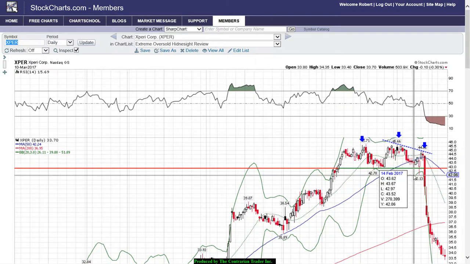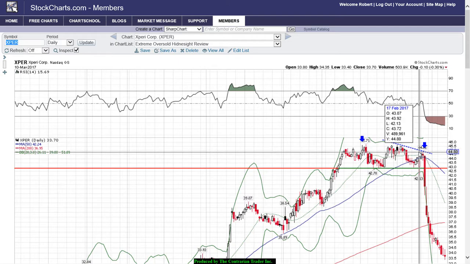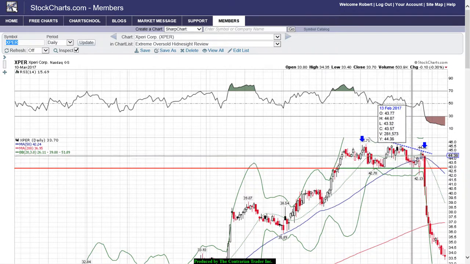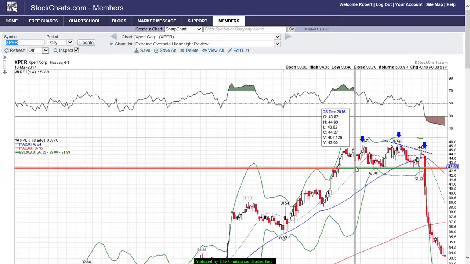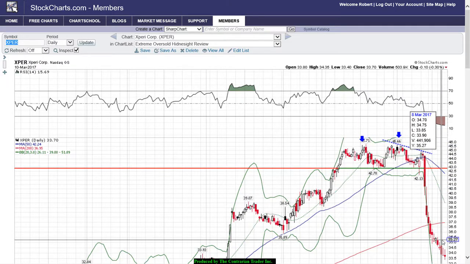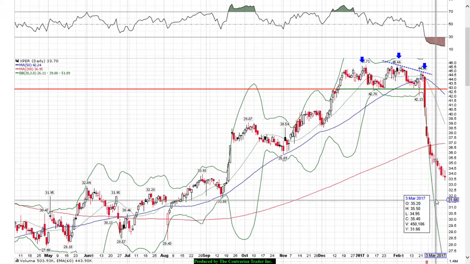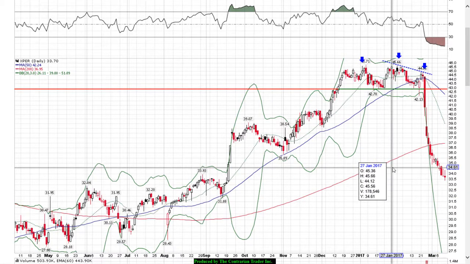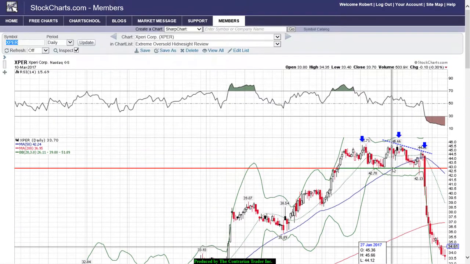If you had that stop loss order in, you would have taken a small loss if you bought within this trading range, or you would have saved all these profits that you had gained were you long of the shares longer term. Now look at the damage that's been done. A ton of technical damage. These shares aren't coming back for a long, long time. That being said, is there a trade to be had here? Absolutely.